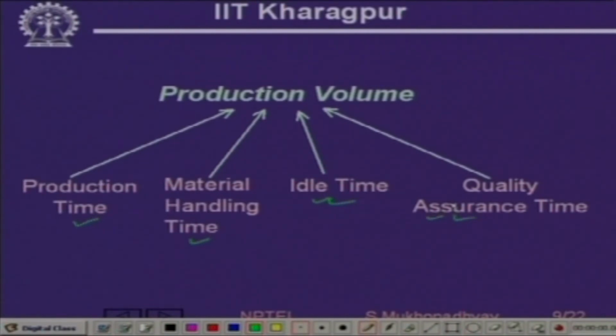equipment, you can really cut down on quality assurance time. Actually, this quality assurance time is growing like anything, because previously people used to be satisfied with lot by lot testing. That is, you pick up some random samples from a lot and you test them, and if they pass, you assume that every item in the lot is good. But now that is gone and people are enhancing on quality, and they are saying that no, preferably in many applications, like let us say